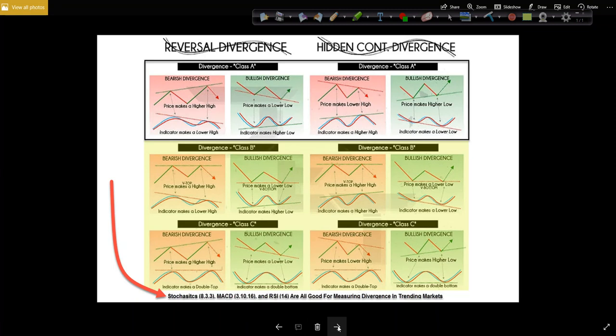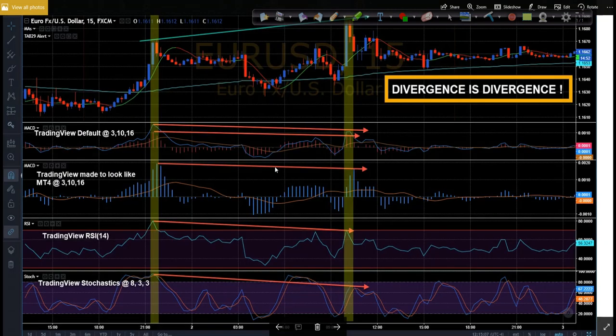All right, all that being said, let's take a look at everything, just so you can see this. So I know it's quite scrunched up, but I still make it work. So we have a 15-minute plot. The first channel, we have TradingView with the default 31016. When I say default, I mean the histogram is the histogram, the plots are the plots. It plots 3 out of 3 things. It asks you for 3 things, it plots 3 things. And that's what it looks like.